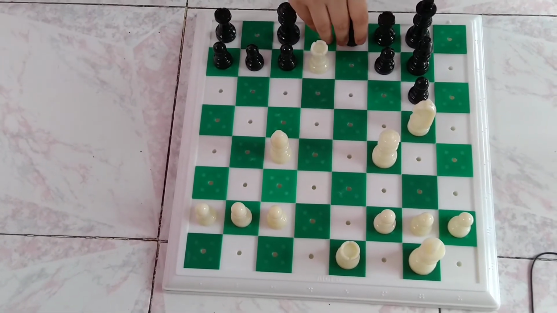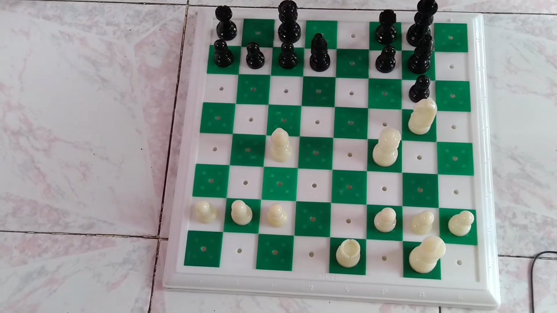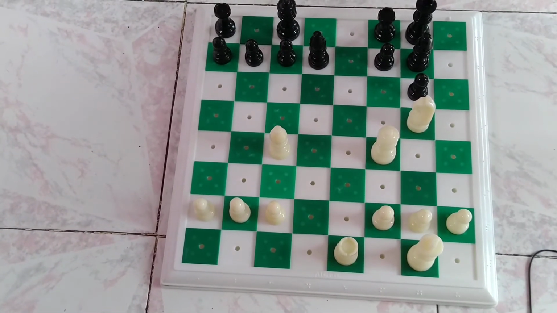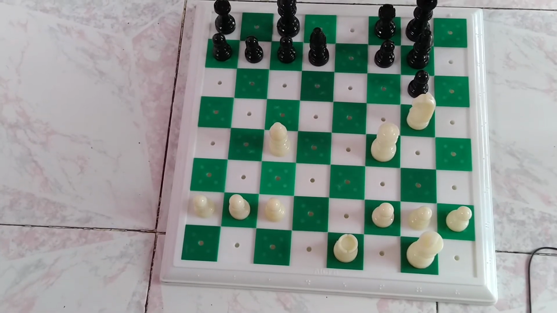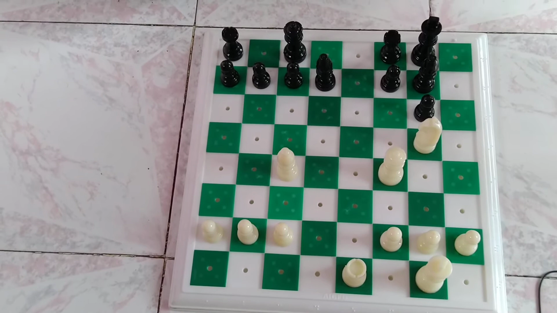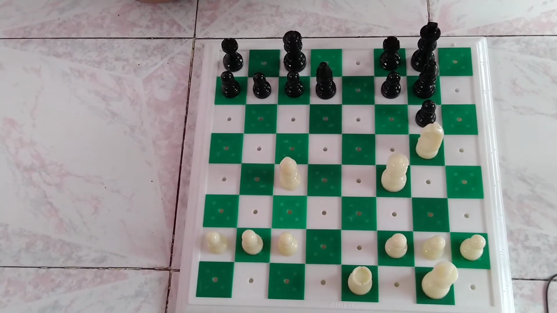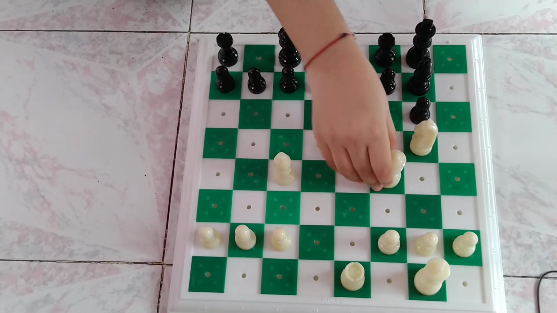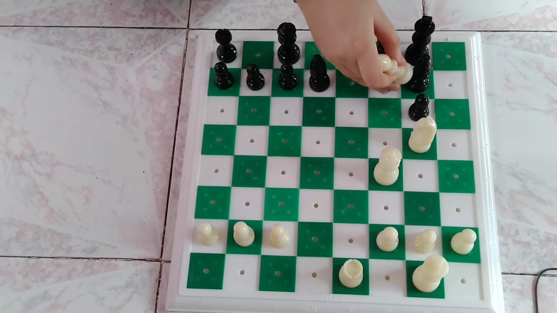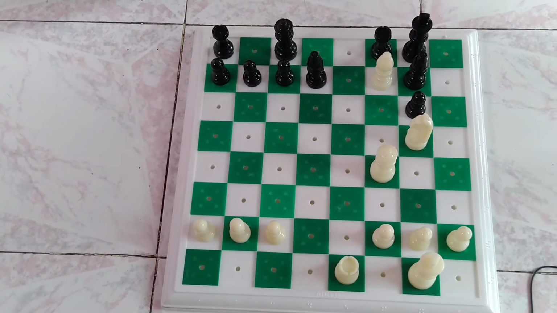Here bishop captures on d7, and here Tal made a move and Petrosian resigned. You can pause the video and find the winning move. Here Tal played bishop capture on f7, check, and here